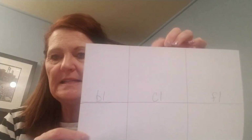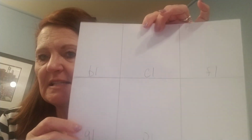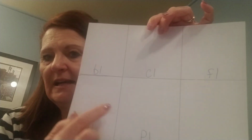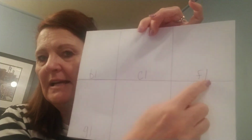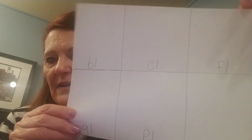Good job. We're going to be seeing those, and it's so helpful if we know those when we're decoding that we can just make that one sound. All right, so instead of working on a worksheet today, boys and girls, if you have a blank piece of paper, and again, Mom and Dad, if you can just pull out something, we are just going to take that paper and we're just going to divide it into 6 blanks. All right, if you can just draw a line down the middle and get those so that we have 6